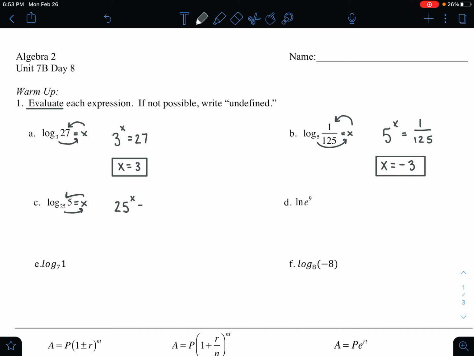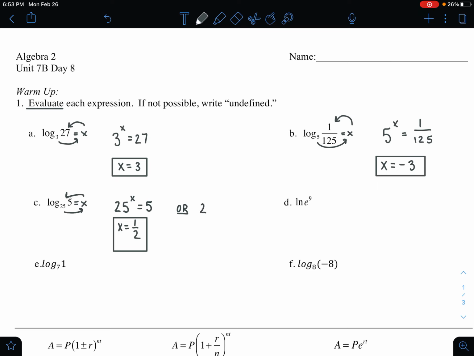So 25 to the x power equals 5. So there's two different ways to think about it. You can know that 25 is bigger than 5, so we're taking some sort of root. Well, I know that the square root of 25 is 5, so x will have to equal 1/2. If you're like me and don't know how you got that,